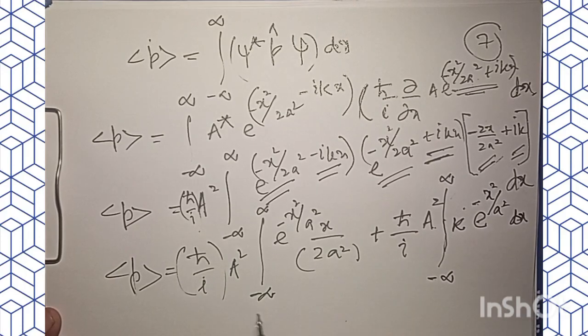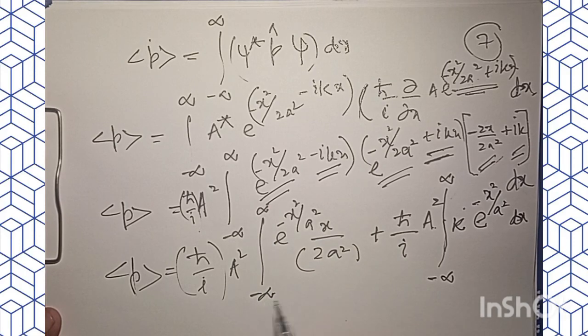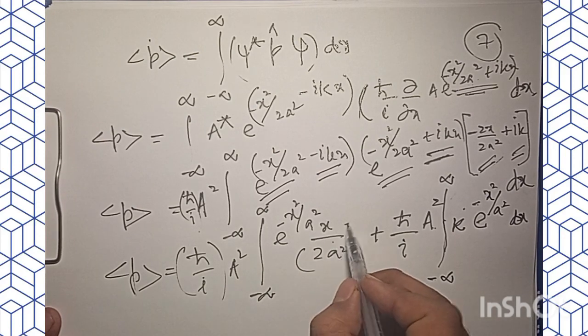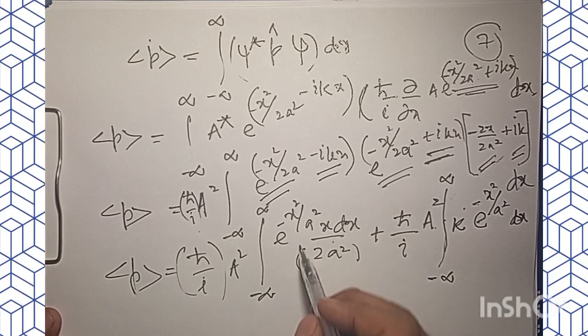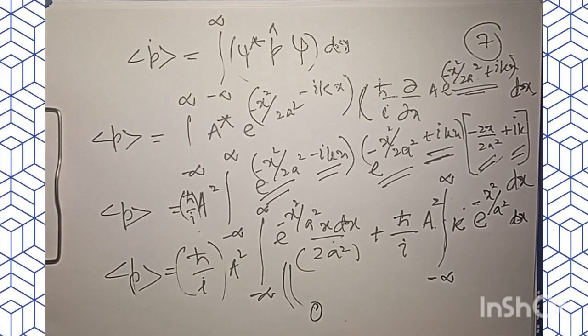And we can immediately see that this is the same function that we had when we tried to measure the expectation value for the position. This 2a square can stand outside, but when I have its own dx, this integral immediately gives us 0. So what we are left with for the expectation value of momentum is